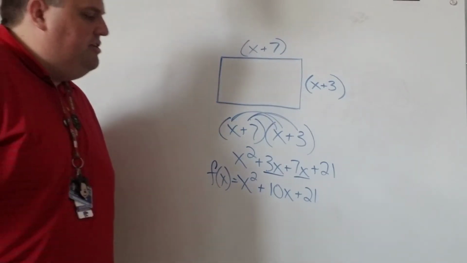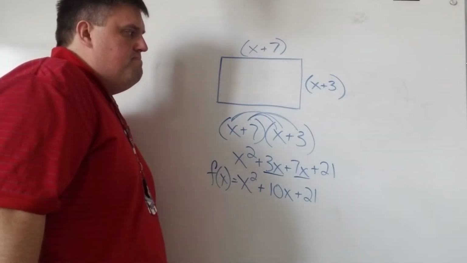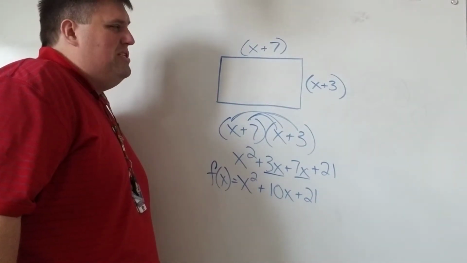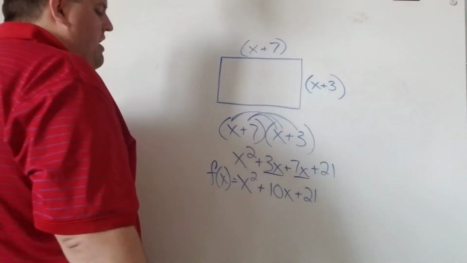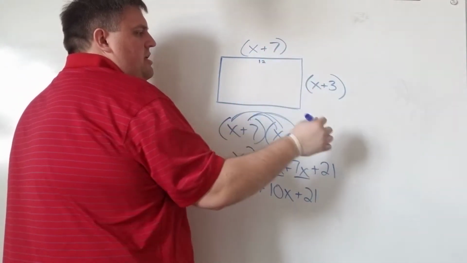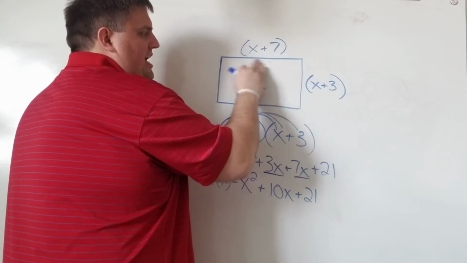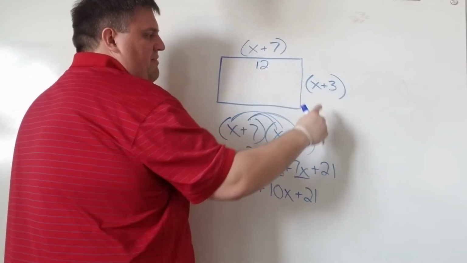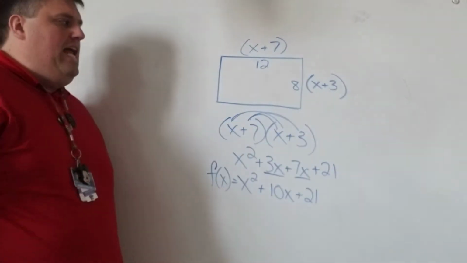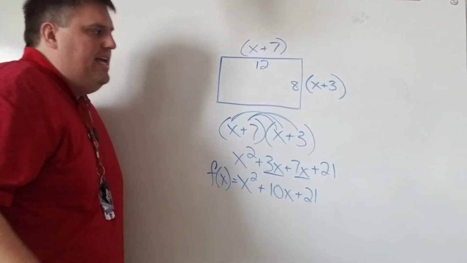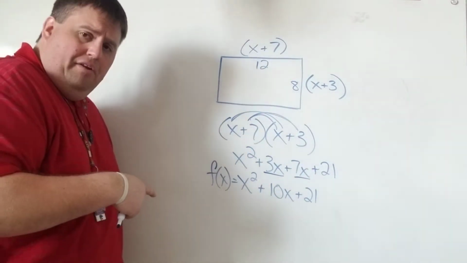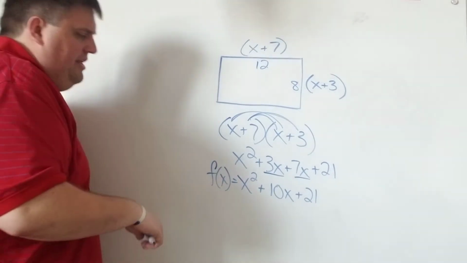But what if I wanted to plug in a specific number now? So for example, what if x was 5? Well, if x was 5, this side would really be 12, this side would really be 8, and we could multiply 8 times 12 and get 96. But instead of doing it that way, let's use our model, our function, and let's just plug in